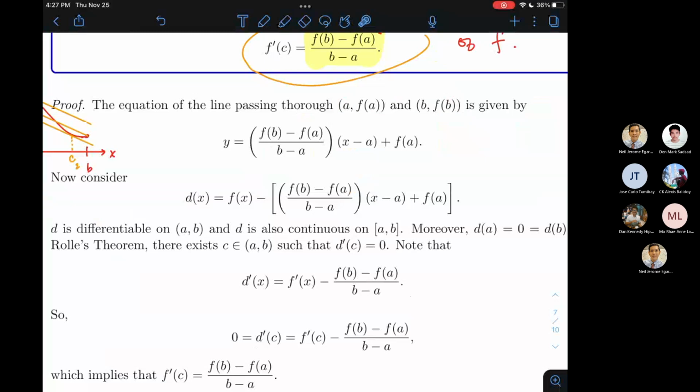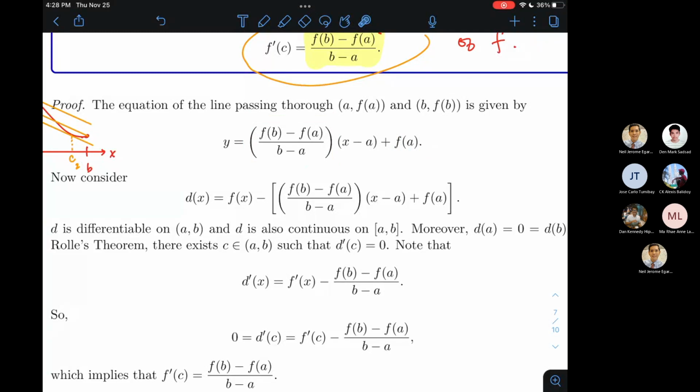Parang kinuha ko yung secant line. And the equation of that line is given by this guy. This is just the two-point form of the line applied. And you see that this is actually the slope. And this is the intercept. All right. And then we will